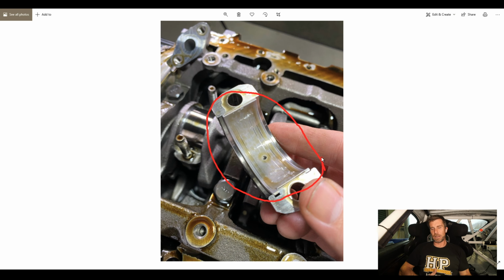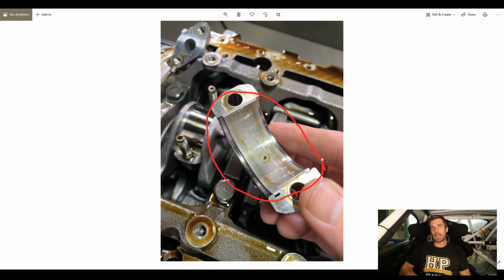And what we can see here is an engine bearing that, in my opinion, is actually in pretty good condition. We can see some really minor scoring, but this is pretty typical. Anything that's done a few miles, you're likely to end up with some small amount of debris going through the oiling system, and that's going to result in these radial lines, which we can see on the bearing surface.